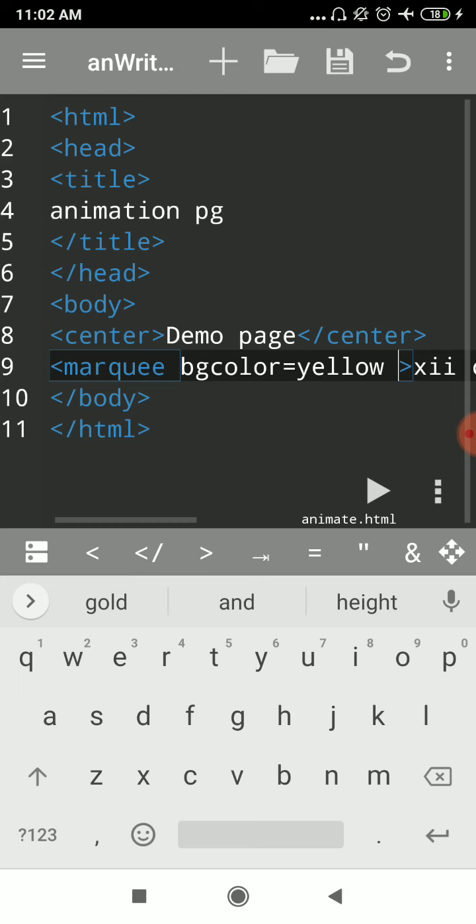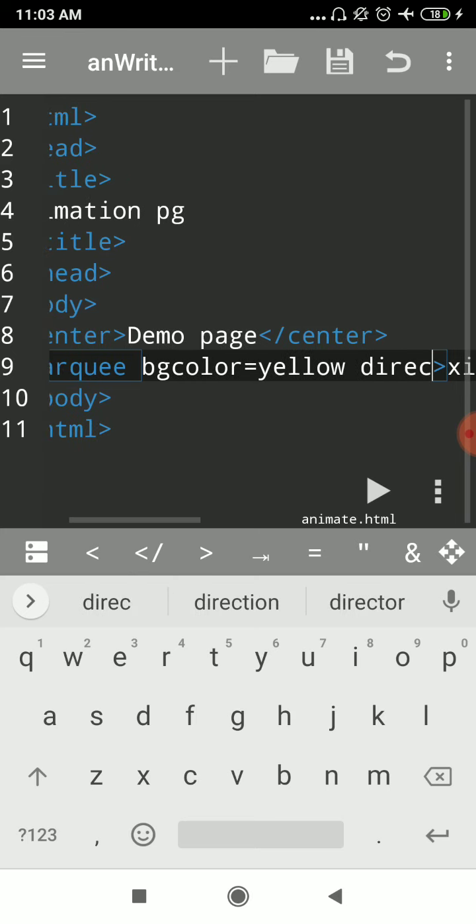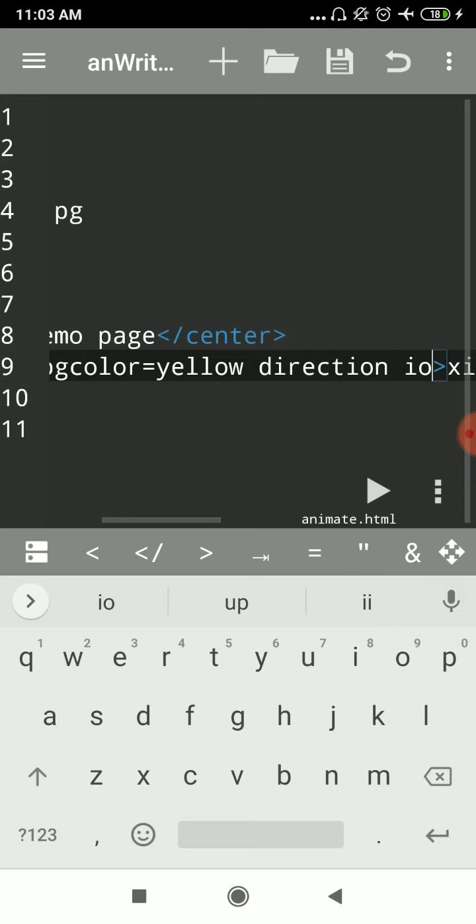So we have seen the bgcolor, and we have seen the height and the width property. Now let us see how to change the direction of scrolling. We have a property called direction, which specifies the direction in which the marquee has to scroll the text or the image. I have written direction equals, and it has four values: up, down, left or right.